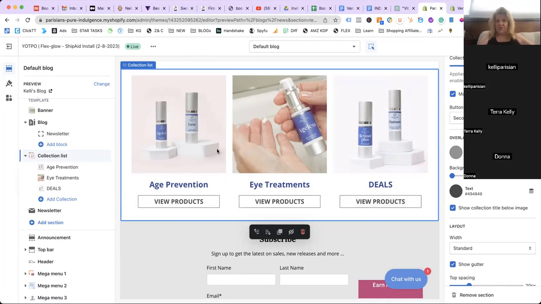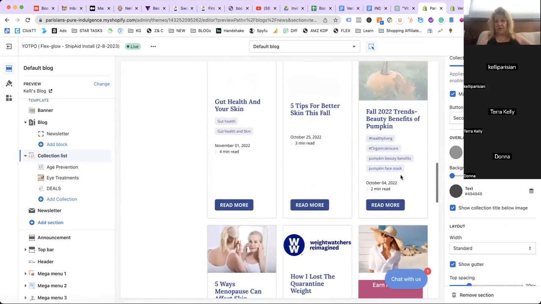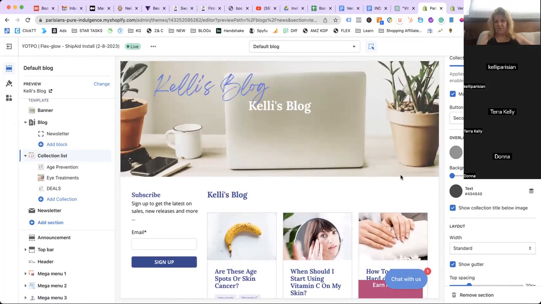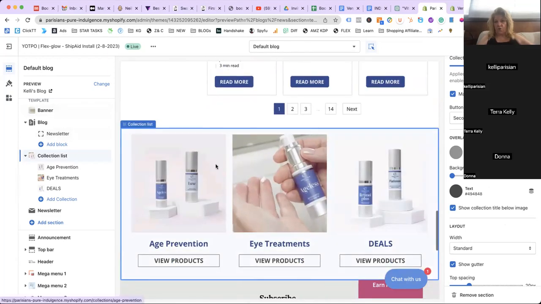So Donna, I'm showing how to add extra things to your sidebar for your blogs and also to your other pages. And you have the same theme as me,